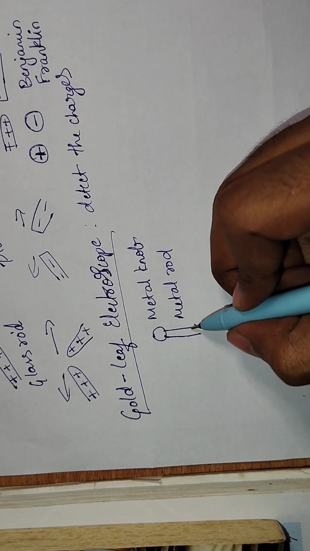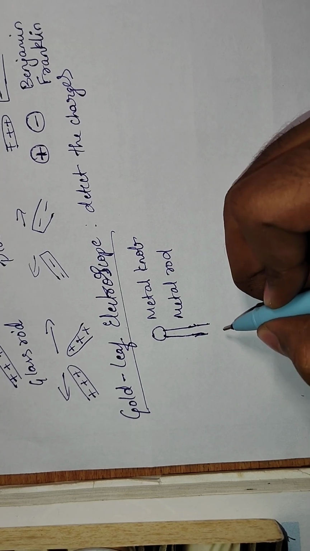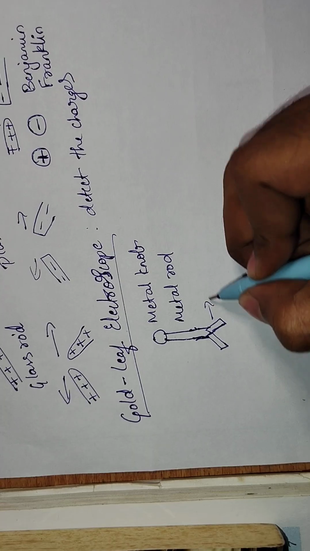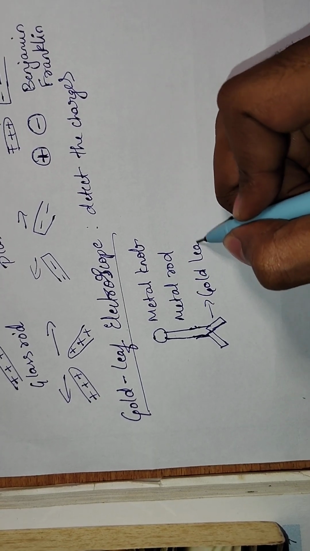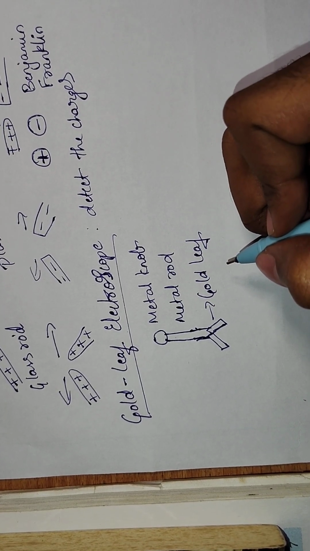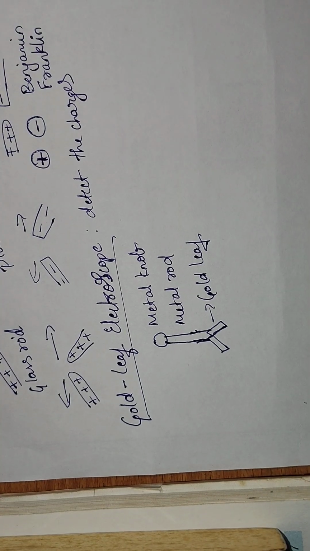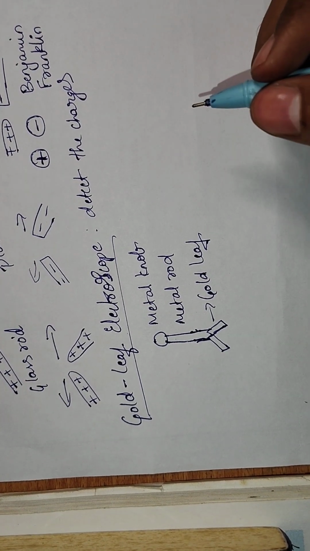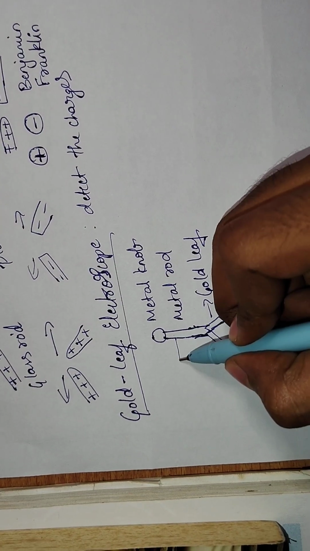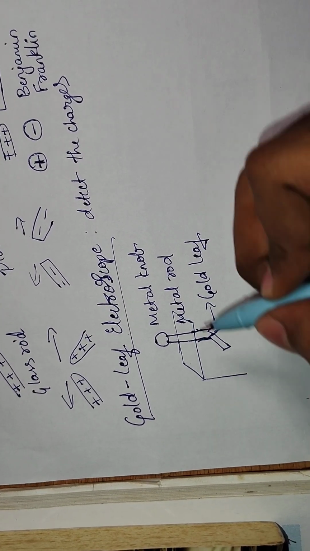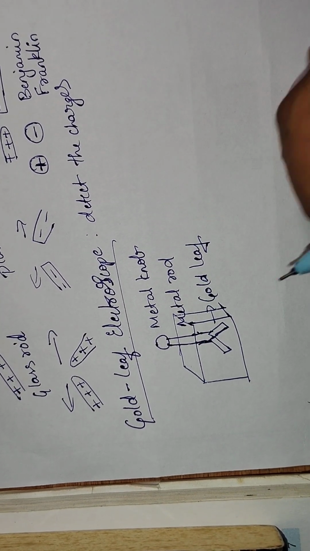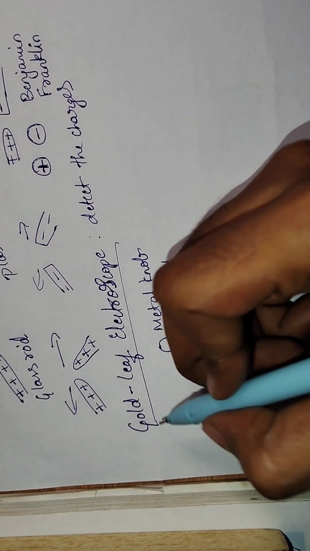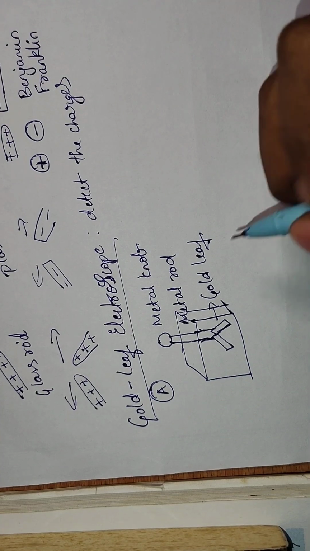Okay, and this metal rod at the bottom end is attached to two thin gold leaves. Now what do you mean by gold leaves? Gold leaves are nothing but gold plates. Normally you get that aluminum foil, no? So same type of material, but it is made up of gold, and this entire apparatus is enclosed in a cubical box. Okay, so in order to create a vacuum like condition, now I will bring a charged body A